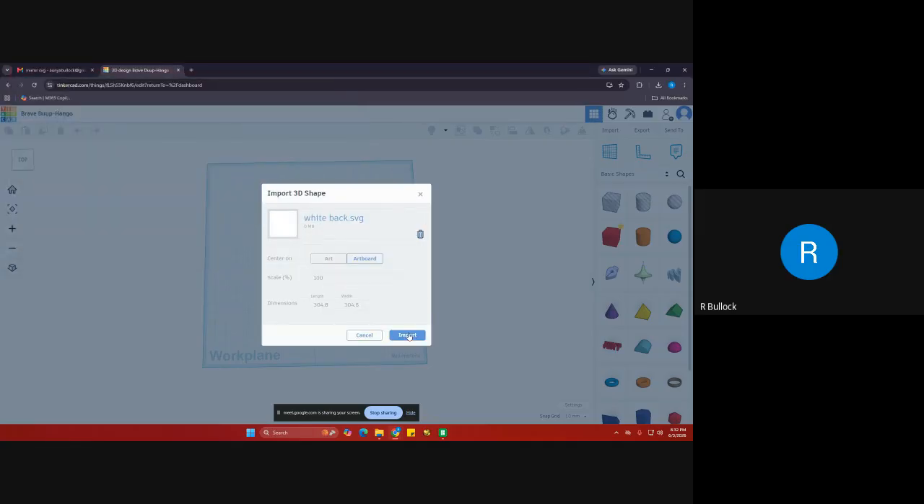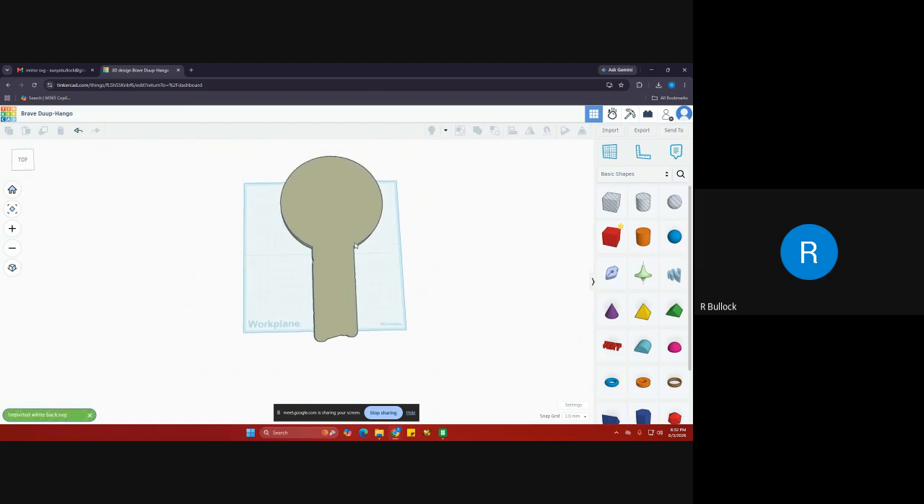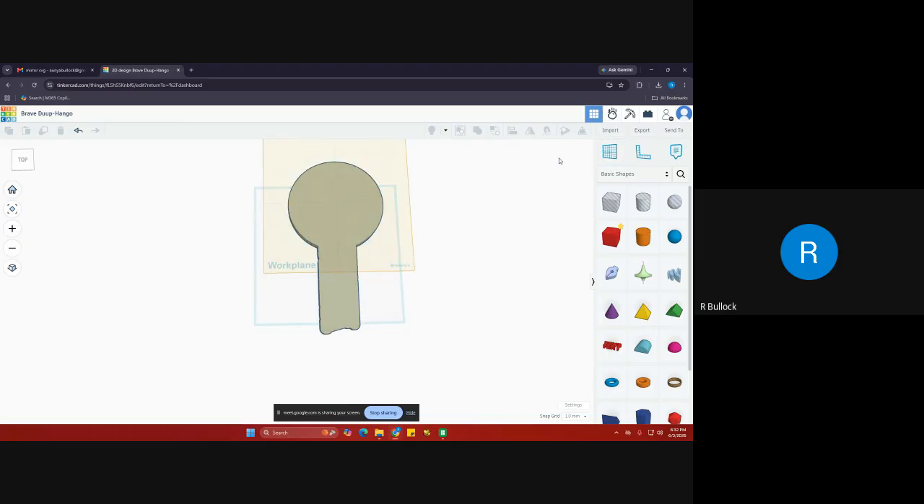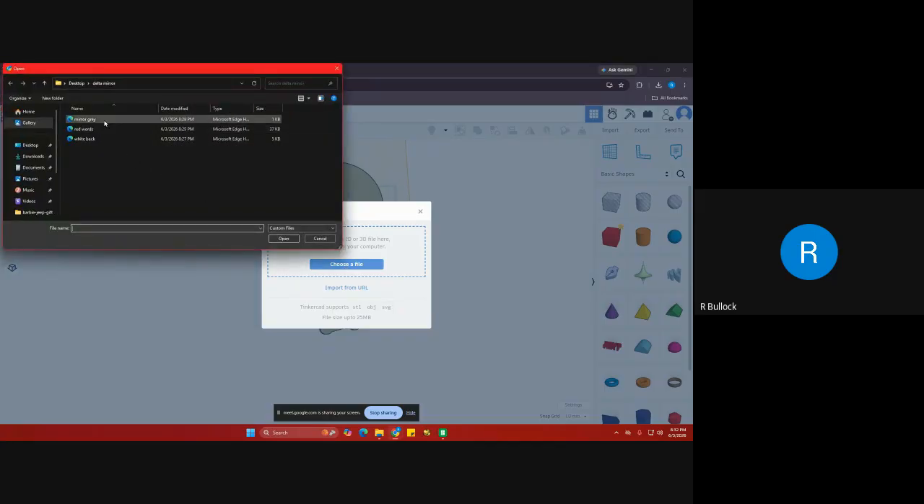But we're gonna bring the white back in. It's on the artboard, import. We're gonna drop our work plane right here, and we're gonna hit import, and the next one we're gonna click Choose File. We're gonna bring in, where is the